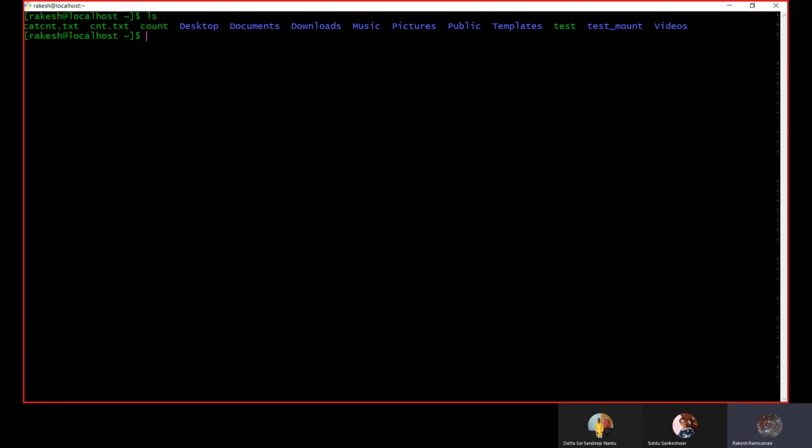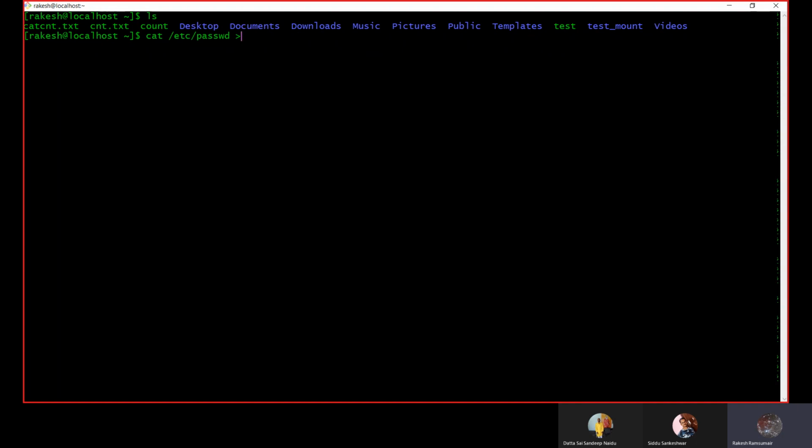If we look here, we don't have the TLN text file created yet, because the TLN text file would have come from the exercises, right? Let's just create a file here. So let's do it on count. We'll do it on count. So what we want to do is cat etc password, and